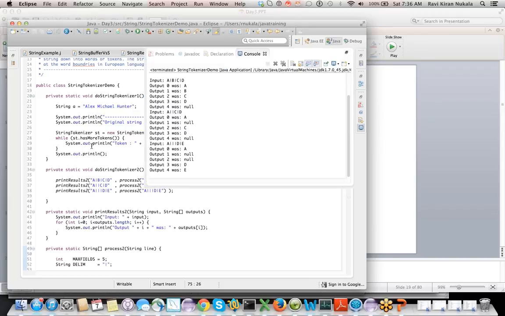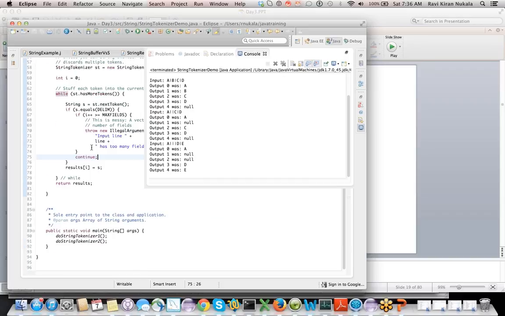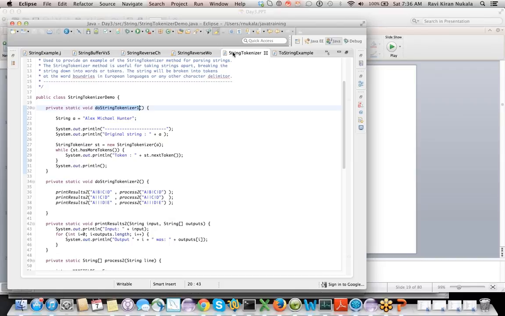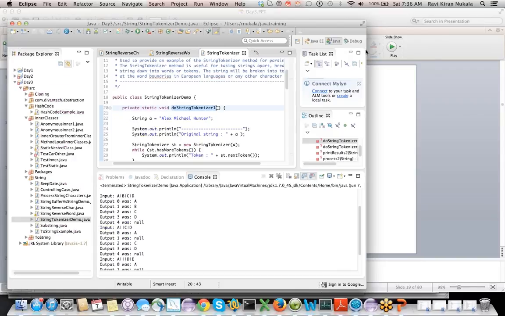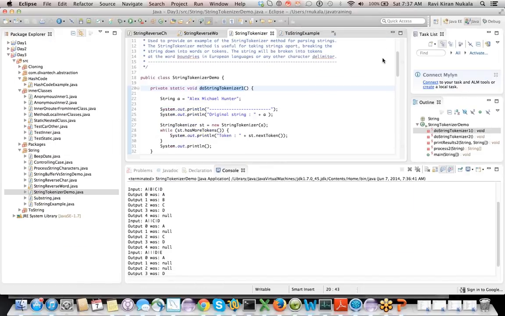See here. First, go to the main method. That's where the execution starts, right? And doStringTokenizer. What did it do? doStringTokenizer did something like this. Is it clear for you? Okay, let me actually